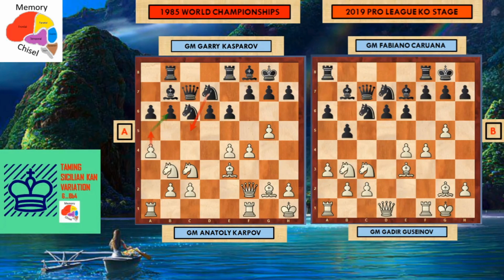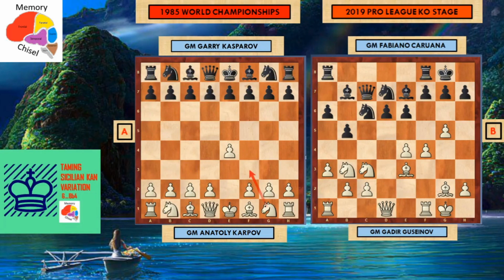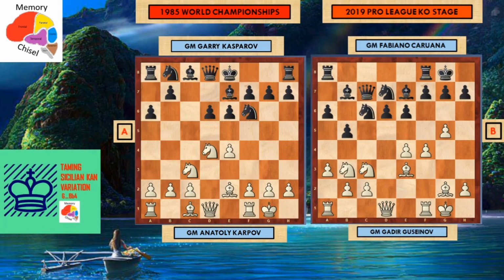Let's go now to diagram A to study the game between Grandmaster Anatoly Karpov and Grandmaster Kasparov. We start by playing e4. As we continue, c5, knight f3, d6, d4, cxd4, knight xd4, knight f6, knight c3, a6, bishop e2 is the classical variation, e6 is the Scheveningen variation, castling, bishop e7, f4, castling, king h1 by way of bishop e3